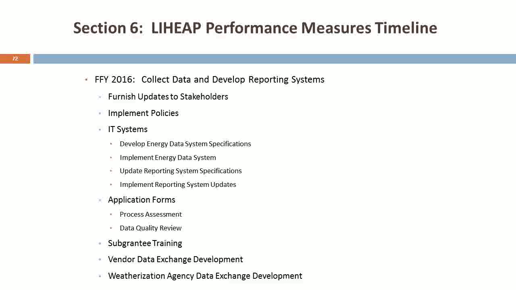Now, ideally, you'd do this before you start, but we know in reality that it's also going to happen as you go. So updating your system specs, application forms, and doing training, making sure that data exchange is developed. By now, you should have permission in your vendor agreement, so now it's a matter of just ironing out how we get this data to and from utilities. And there are states, in fact, one in the room, I think, that is already testing this. The utilities have agreed to do test data just to make sure that the exchange system works. That's a good idea, and same with your weatherization agency.